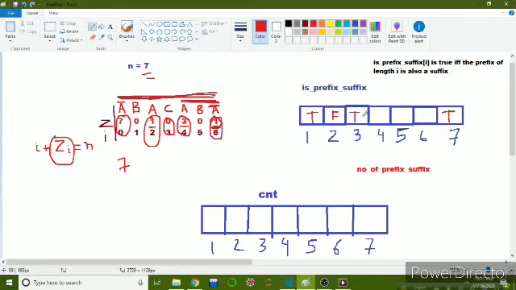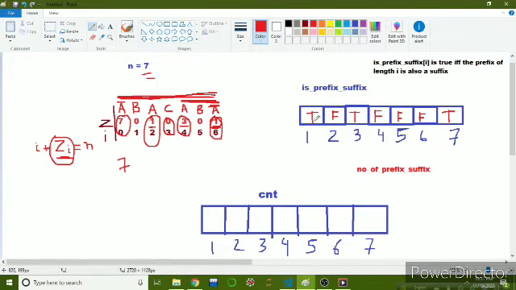So initially we can initialize the whole array as false, and then we will traverse this z array and we will add the i and zi for each index, and if it is equal to n, then we will go to the zi index, okay, and we will set the value as true, otherwise the value will remain false.